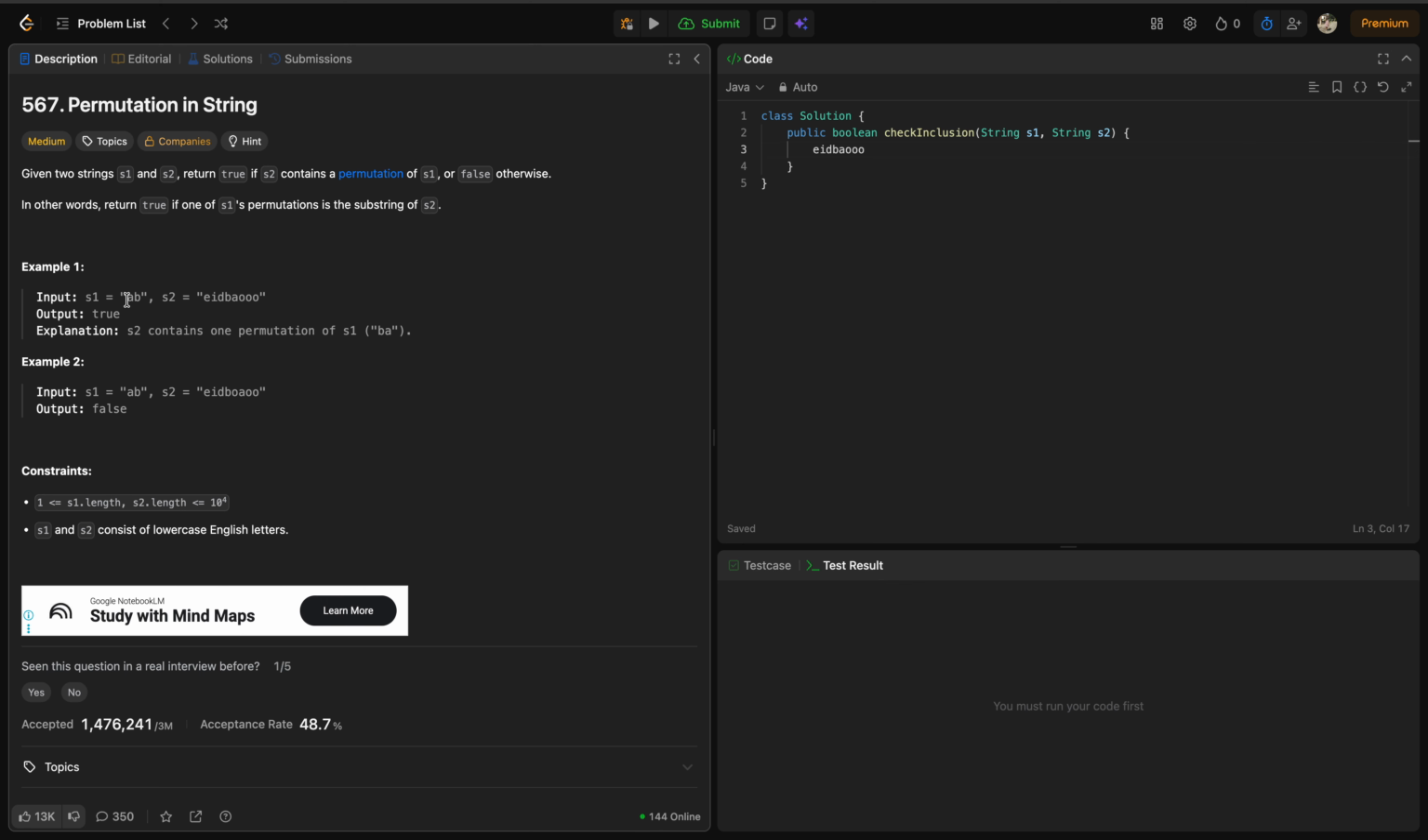Second approach is, we initially take an array or a map and store the frequency of each letter of S1, and then we can check if the substring also has the same frequency, and if it is correct, then it is a matching permutation. So let's take a map of character and